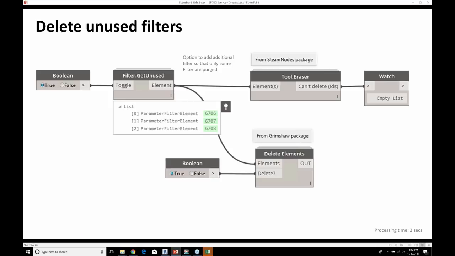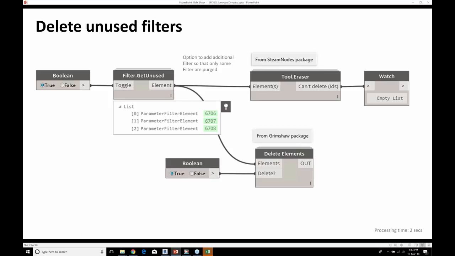And so the issue is there's no way to delete these manually in Revit in a logical way. We can't use purge unused. And if we go into the filters dialog box and delete one, it doesn't prompt you with an in-use warning, are you sure you want to delete it? We get that with view templates, but with a filter, you have no way of really knowing if it's in use or not.